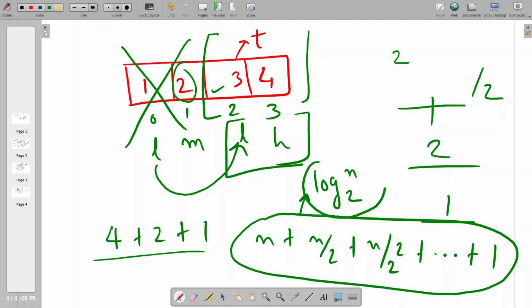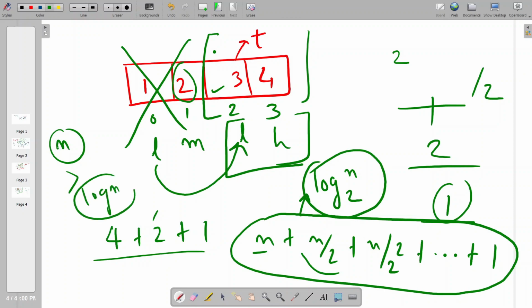Just remember this result, that for this type of series, whenever you iterate n times, next time you iterate n by 2 times, like we have done here. We are searching an array of size 2, then we will iterate over an array of size 1, because we are dividing by 2 every time, right? So we are taking logarithmic time for calculation. So it is definitely a betterment, like n is more than log n. So log n is always a better option to choose if we have the facility of a sorted array.